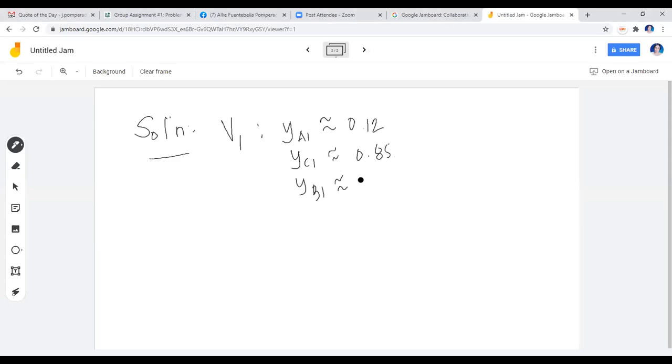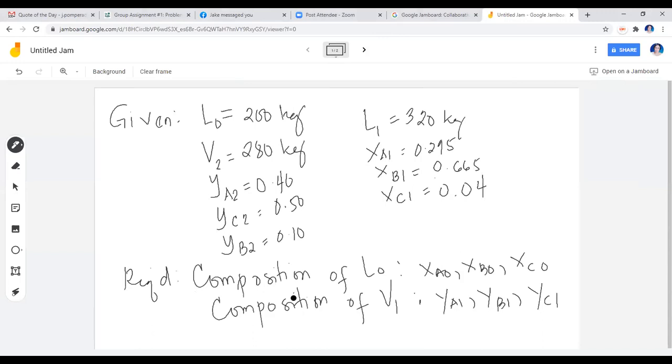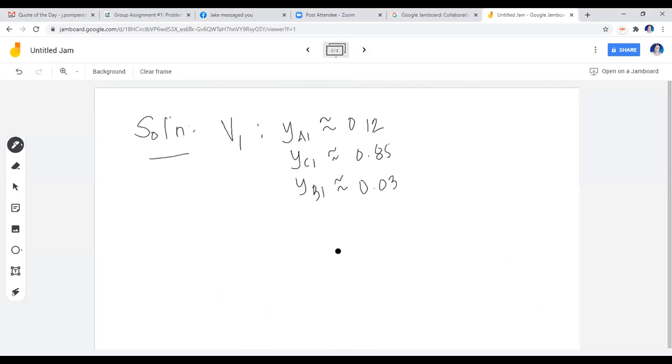So your B1 would be 0.03. So this is already the answer here for the composition of the extract. Okay, you're asked for the composition of the extract, so you only use the information of the composition of your raffinate. So in terms of finding the composition of the feed, you need to do component balance. So for your feed, you will do component balance for the feed, and that would be